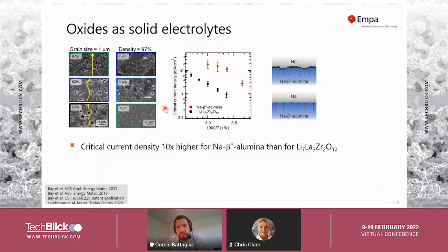The big challenge is that dendrites can form, which can short the cell between the anode and the cathode. So in the worst case, the battery can go into thermal runaway and then explode. And this can also happen in solid-state batteries, so it's very important to understand that kind of behavior. What we showed in this study is that we looked at the critical current density as a function of temperature for lithium metal in contact with lithium